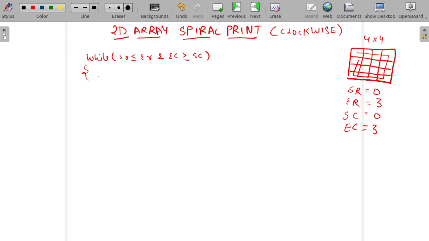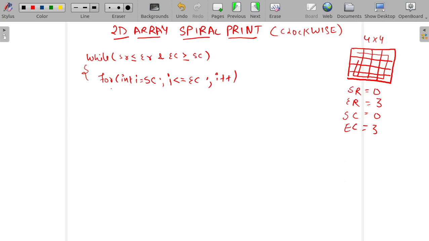For writing this, we will have to write a for loop. In this we will declare an int i equals to start column. The row will remain constant at the value of start row, and we will iterate over the columns. So the value of column starts with start column, and we will iterate till end column, and we will increment.